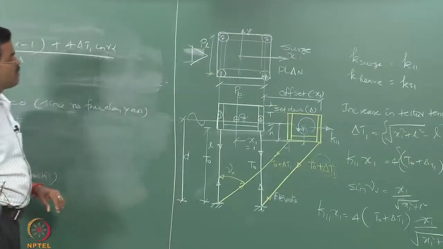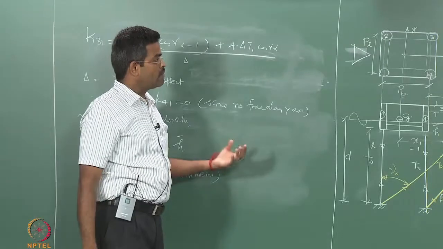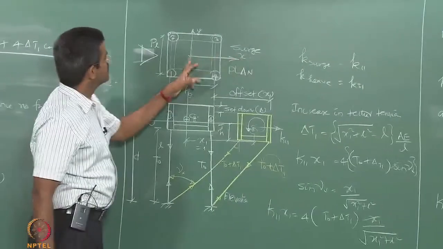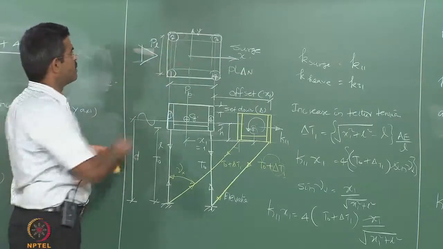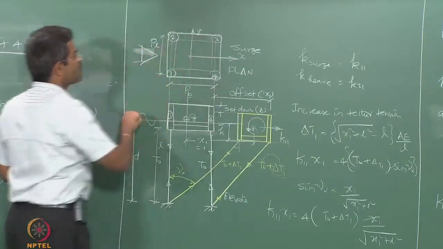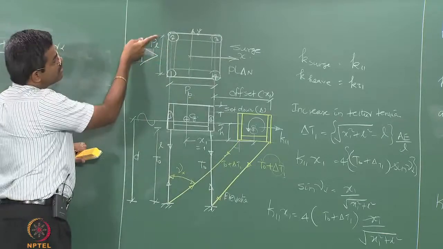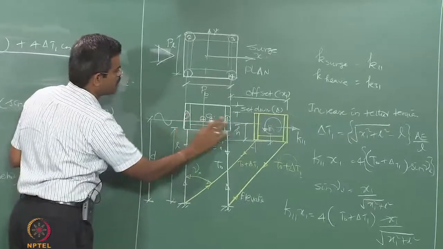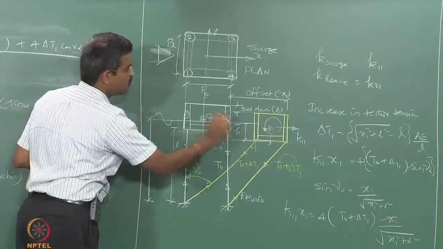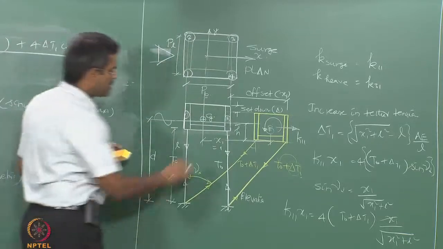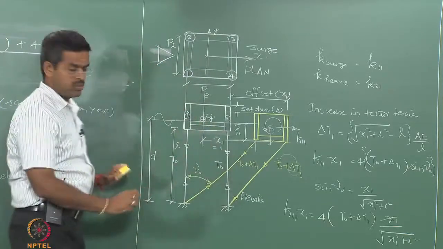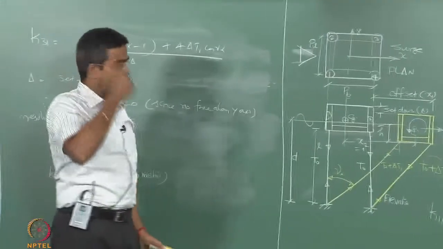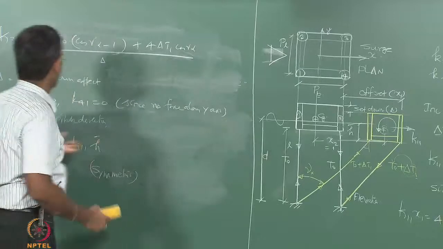Similarly, if you want to derive the second column of the matrix in the sway direction, instead of giving displacement along this, I must give displacement along y. So, if I give displacement along y, then I have to draw a view from this direction. The right hand side will be 2, left hand side is going to be 1, and I can say this is x2. I get the same equation back again, only thing is I will change the nomenclature slightly for a sway motion, which I am doing it here.